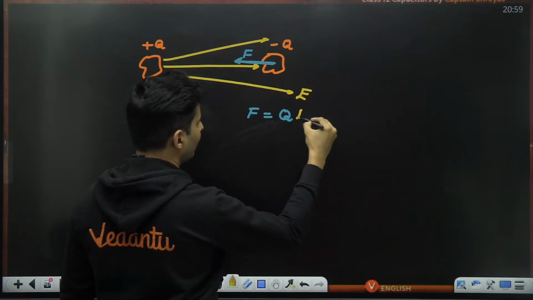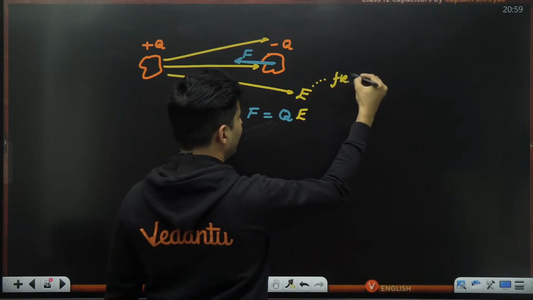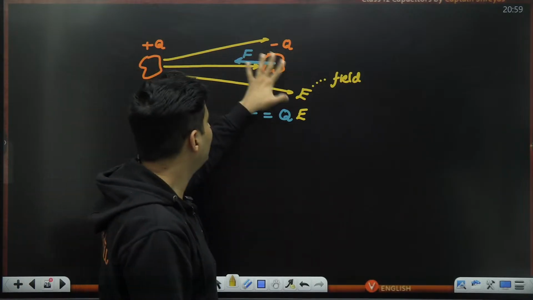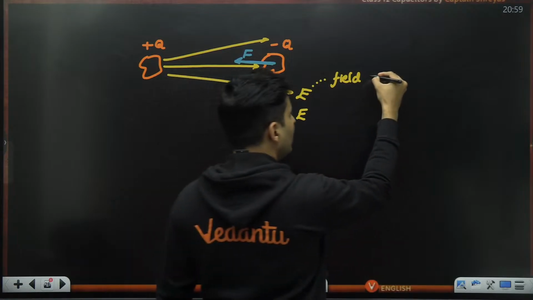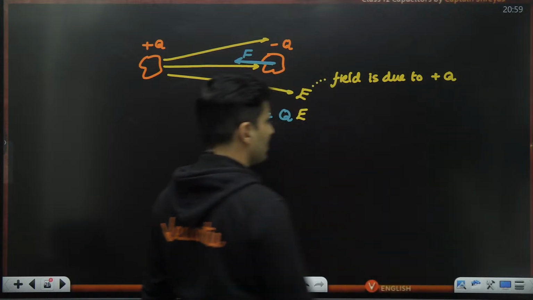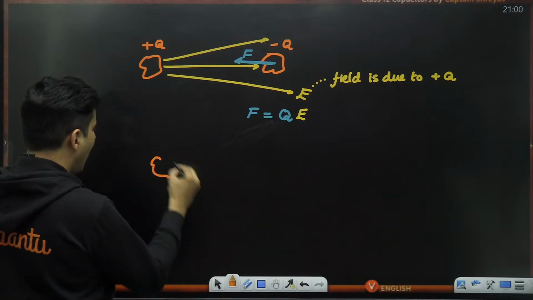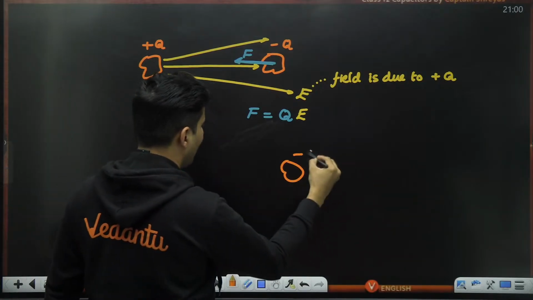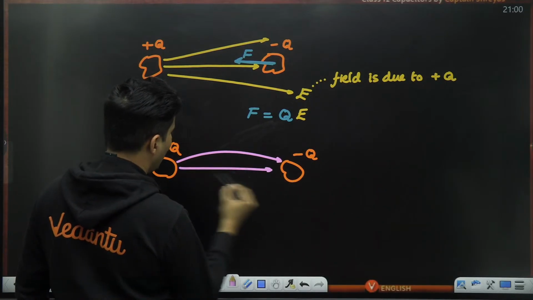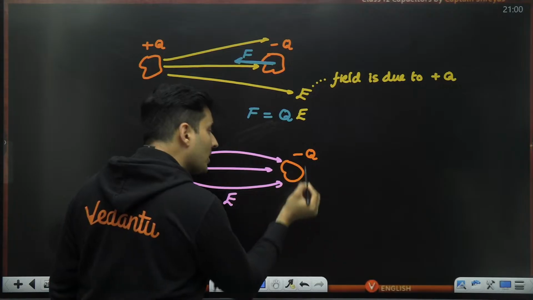by this particular field. But this field E which is there, this field is because of whom? Positive or negative? This electric field is due to the positive Q charge. It's not the net electric field. In fact, if I had this positive charge and this negative charge, and I tell you they together have some net electric field, this net electric field can't be used to calculate the force on